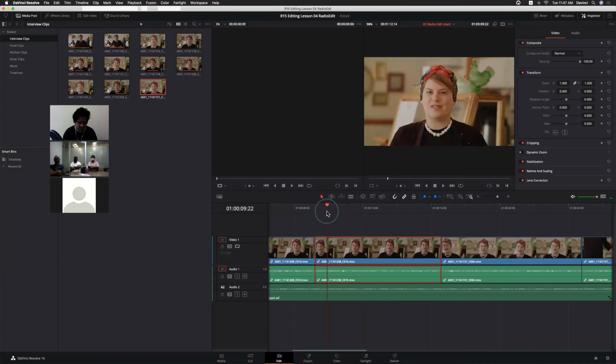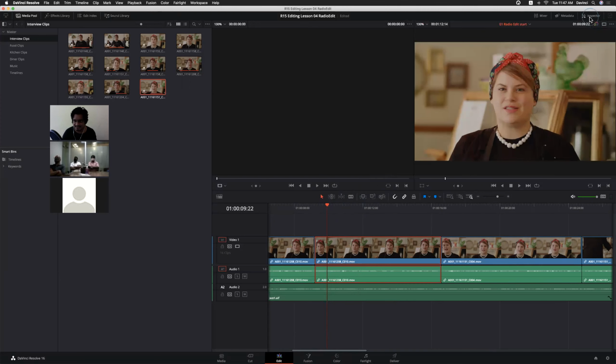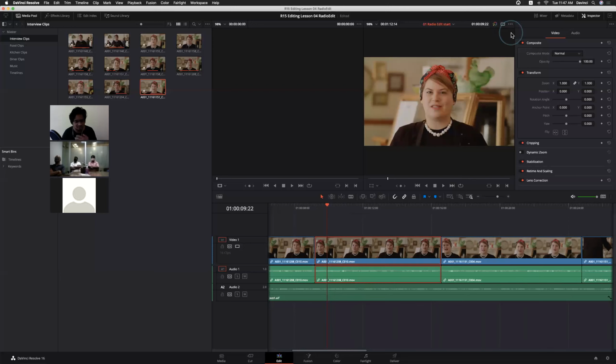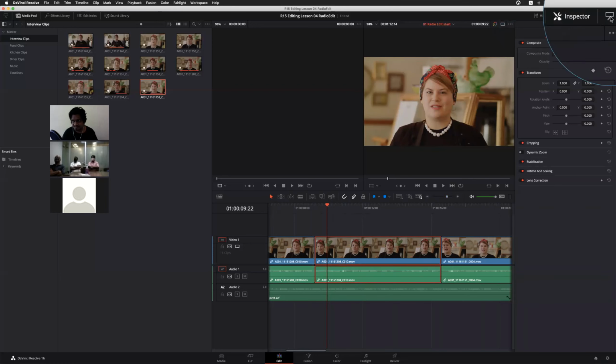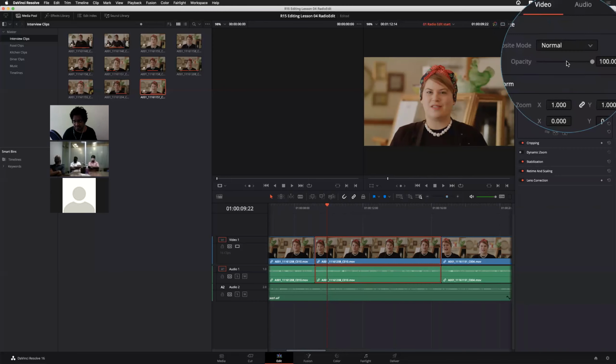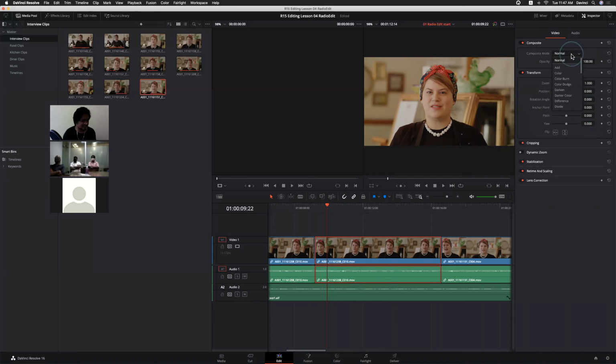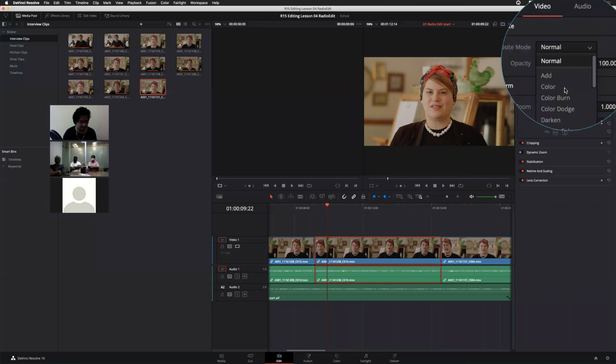Now, all those settings are available in the inspector window, the motion controls and everything, right? Just click this window. If you want to open it on a larger scale, just click this triangle button. You are able to see all the options within the inspector window. Now we know these compositing options, like how to adjust the opacity and the blend modes and everything, right?